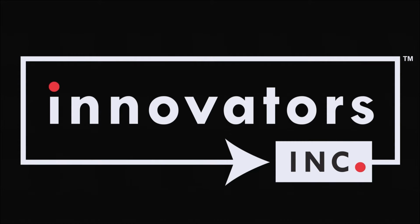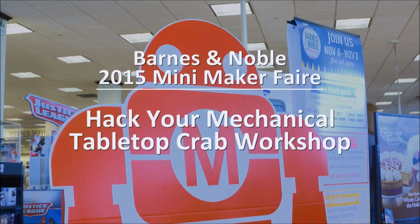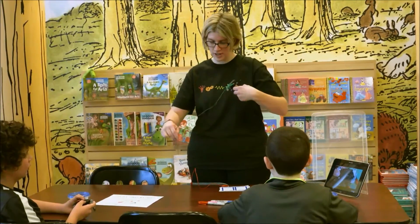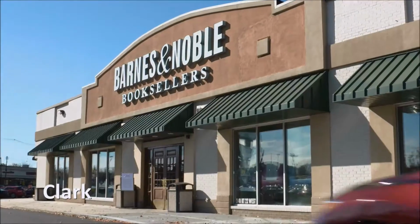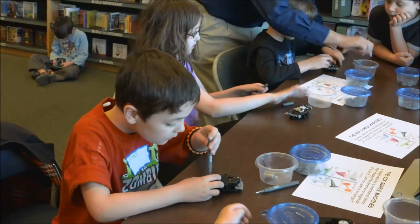Innovators Inc. develops and delivers hands-on technology workshops for kids based on kits that are commercially available. And then what we do is we go outside of the box, literally and figuratively. The whole chassis is pre-assembled, and all of the good stuff is hidden in some ways. And we thought, wouldn't it be cool if we could take it apart even further, kind of explore the inner